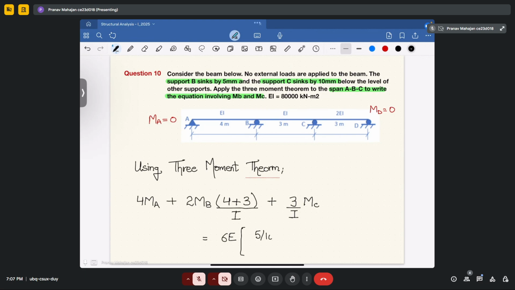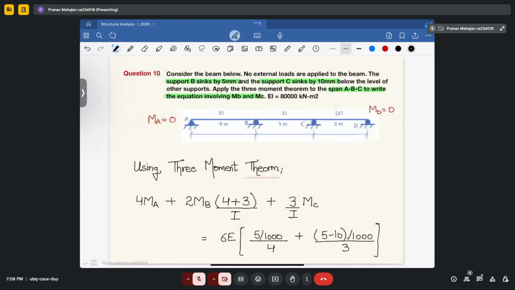So the support B sinks 5 mm, so I am converting into meters, that is 5 upon 1000, and the total length is 4 meters between A and B, plus the corresponding support will also sink. So in this case it will be 5 minus 10, because 5 it has already sunk. So 5 minus 10 divided by 1000 divided by the length, that is 3, okay, and that will give you